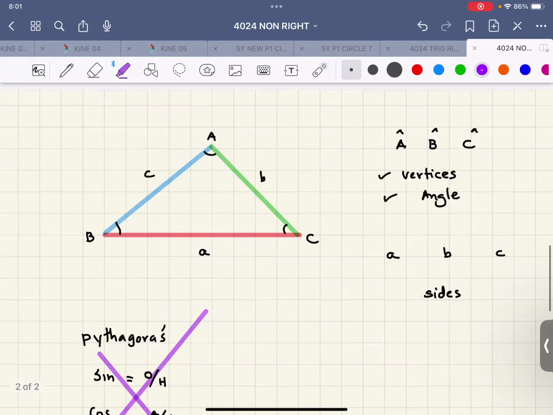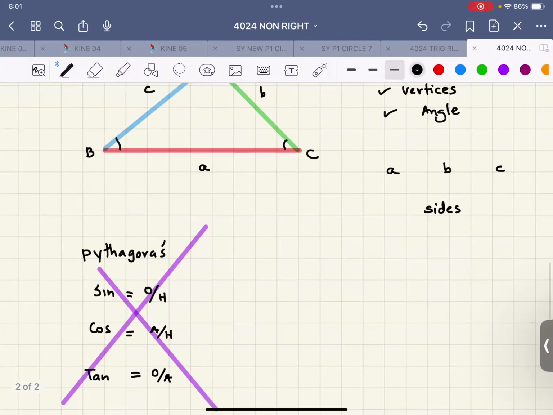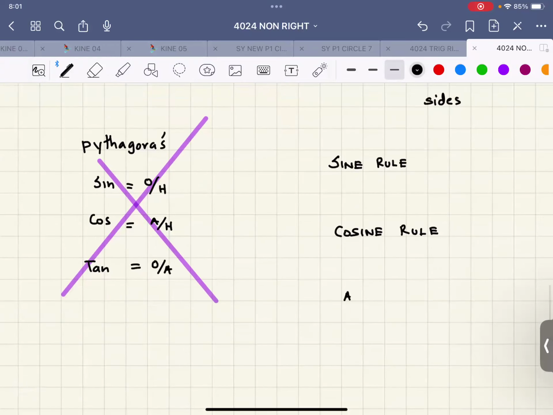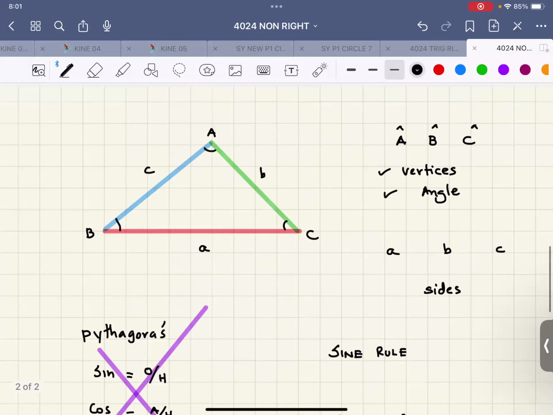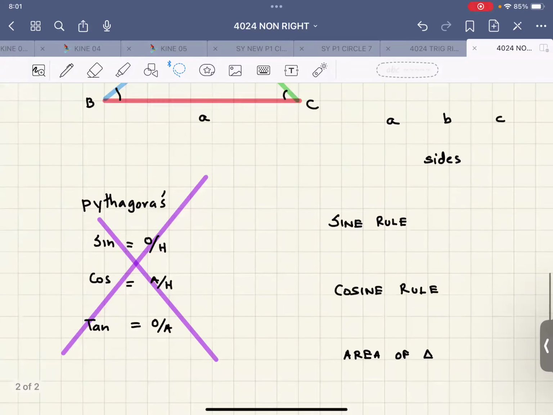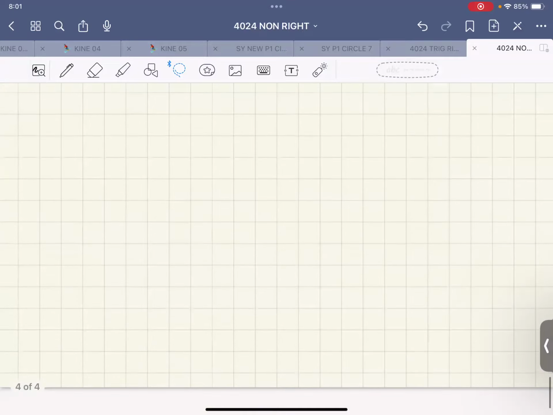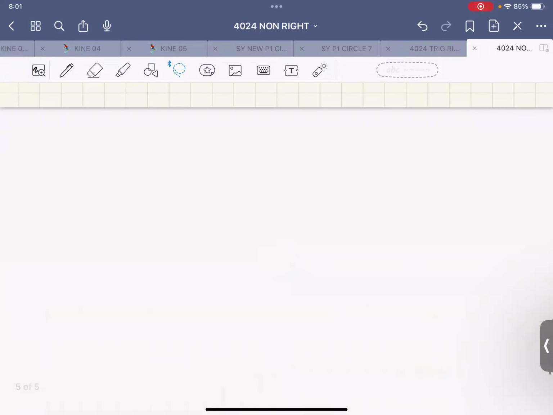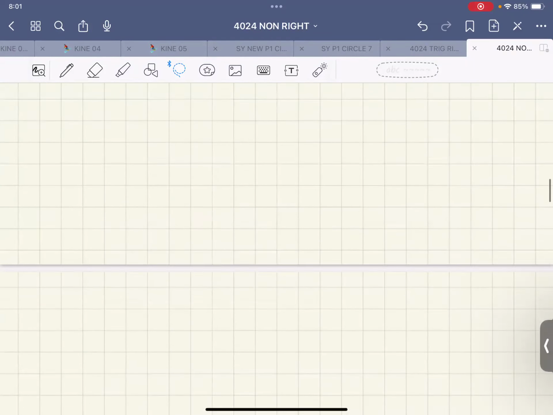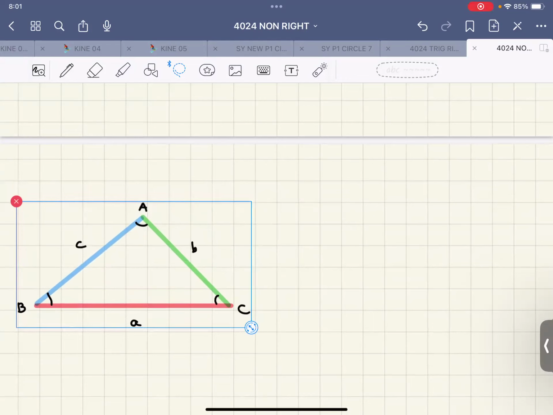Now, in this particular lesson, we would be using something known as the sine rule. We would be using something known as the cosine rule. And we will be using a special formula for the area of a triangle. These are the three things that we will be using. So let me grab this diagram, go to the next page, and add some more pages to it so that we can try out the questions. Let me paste it over here, and let me first talk about